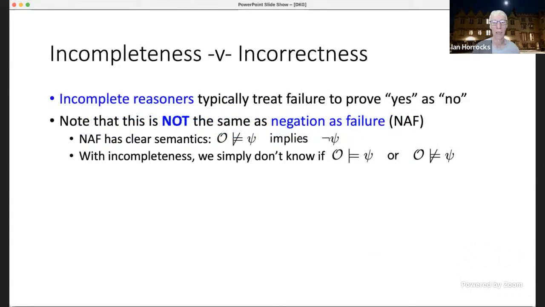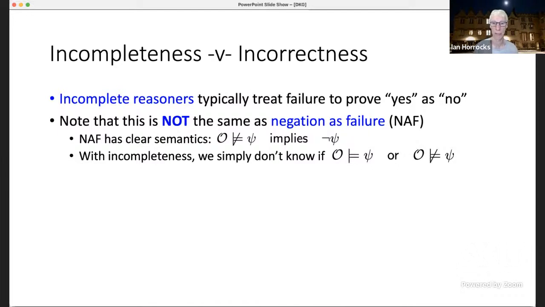Okay, and another thing that I just wanted to mention about this was another argument that was around a lot and that you still probably find a lot, which is, well, we don't really need to worry about this high complexity because we'll just build incomplete reasoners. But actually, I would argue that incomplete reasoners in general are quite bad, because what incomplete reasoners typically do is they don't report either, yes, this entailment holds, no, it doesn't hold, or third case, I wasn't really able to figure it out.